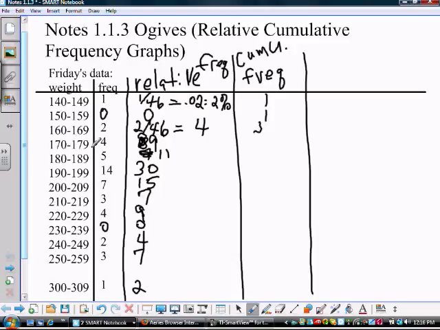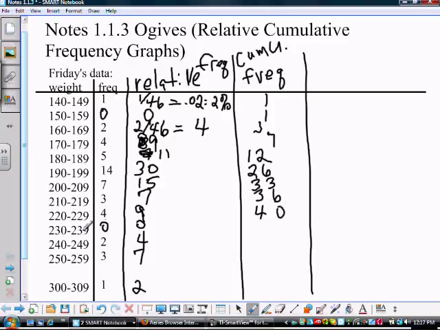From 140 all the way up to 179 I have 7. From 140 all the way up to 189 I have 12. And can you figure out the rest of this chart for me? So 26, add another 14 and get 26. Add another 7 and get 33. Add number 3, get 36,